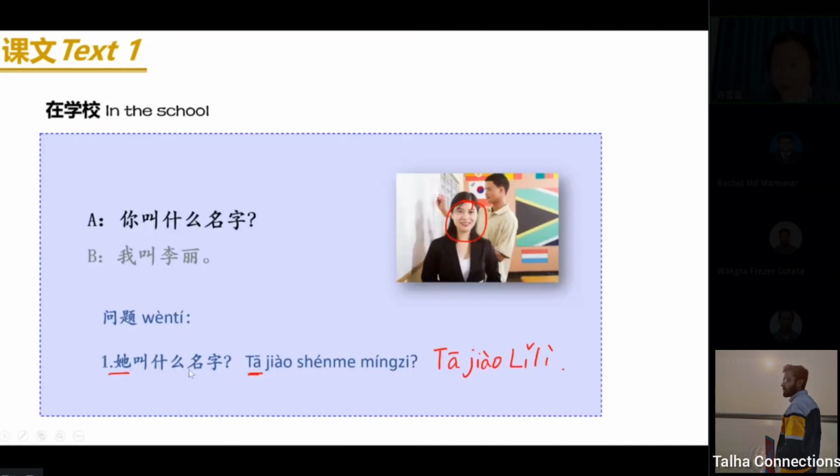But these two 他 are written in different ways. But the pronunciation is the same, no matter he or she. 他叫李丽。跟我读。他叫李丽。She is called 李丽。我叫李丽。I'm called 李丽。